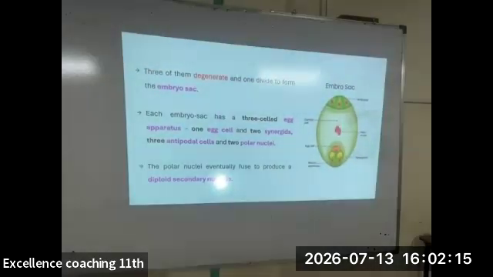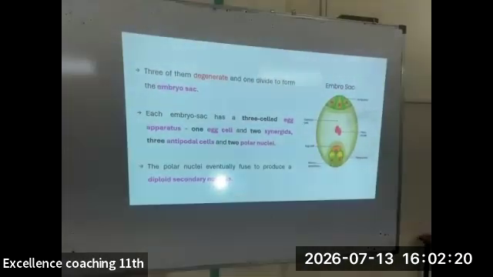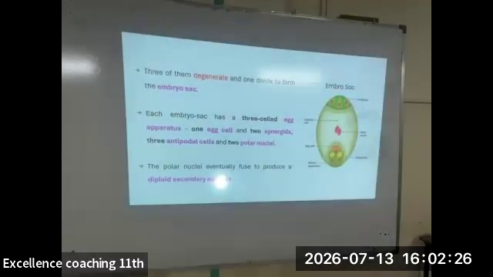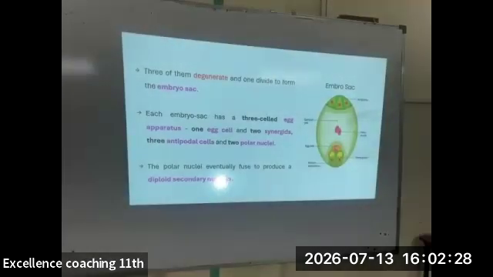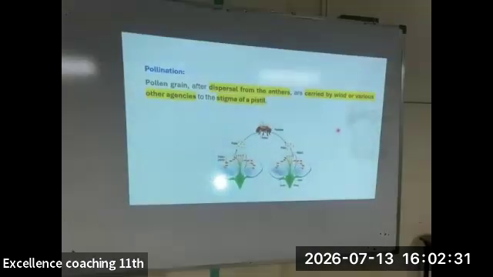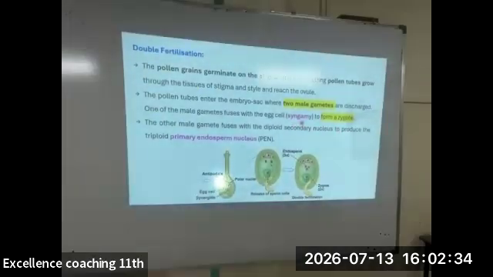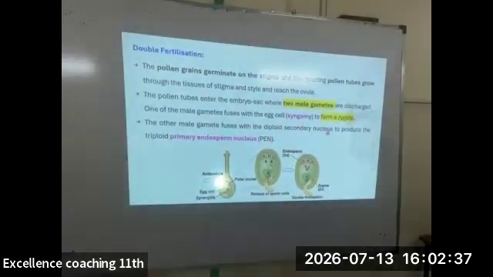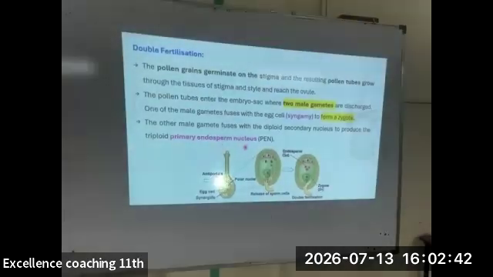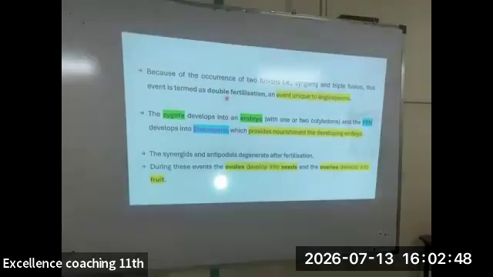This question is a short question for 2 marks or 3 marks, with a diagram, maybe for 2 marks. What is it? Double fertilization. Those sperms fuse with the egg cell and the other with the polar nuclei. When it fuses with the egg cell, it forms syngamy. When it fuses with the polar nuclei, it forms the primary endosperm nucleus. That's why we call this double fertilization, which is a very unique phenomenon happening